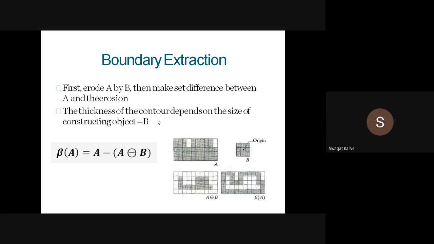And for what are we using the hit and miss transform? What is the application of the hit and miss transform?